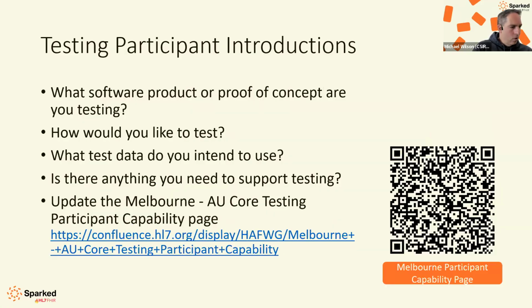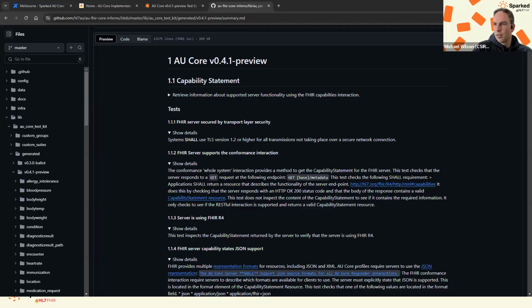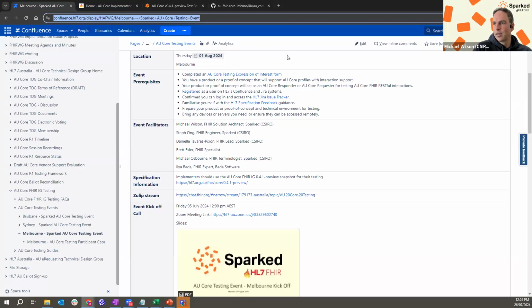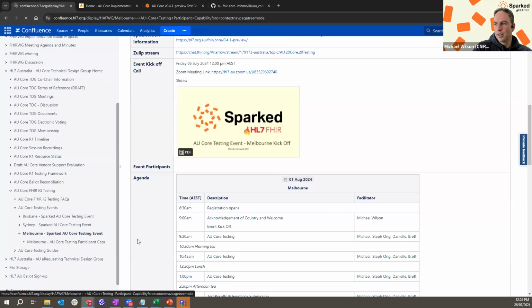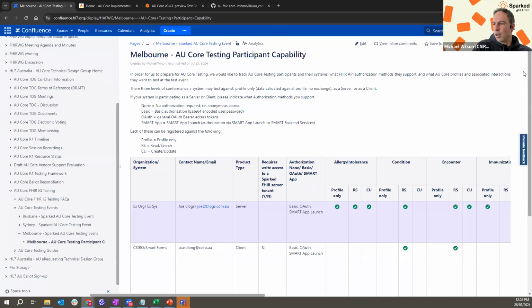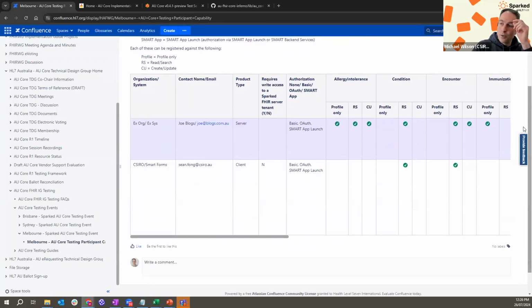So just on that testing page, let me just get to the right one. Back on this event page for the day, there's a child page of this. It's the Melbourne AU Core testing participant capabilities. So what we'd like you to do is actually go to this page prior to the event, if you can, and fill it in with what you're bringing along.